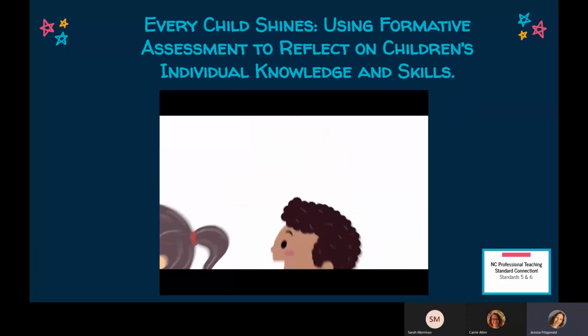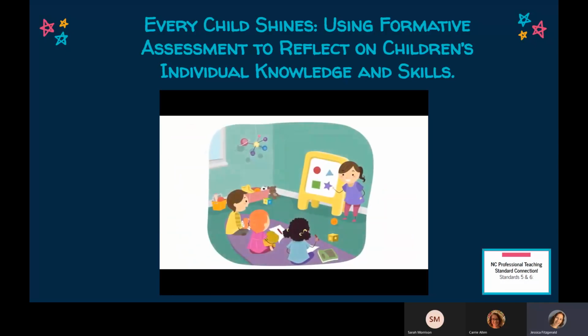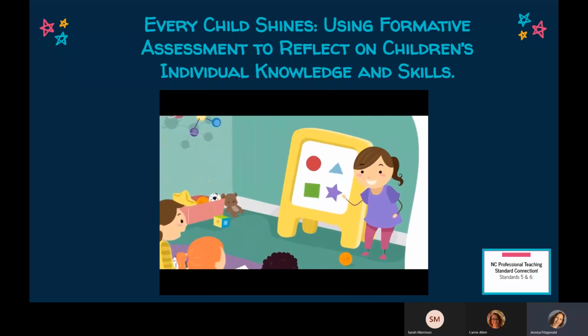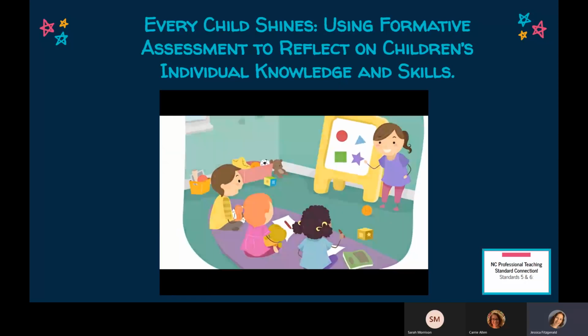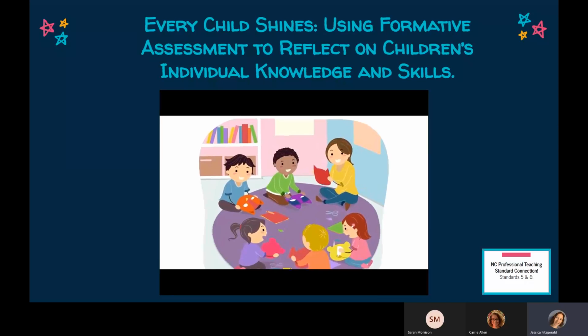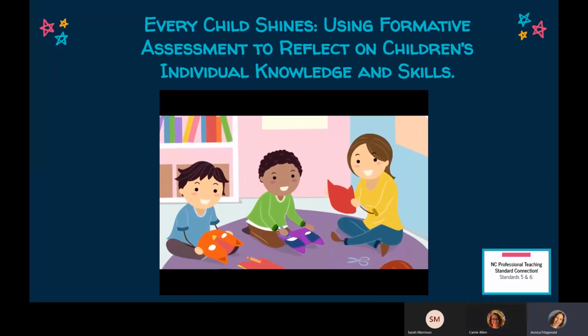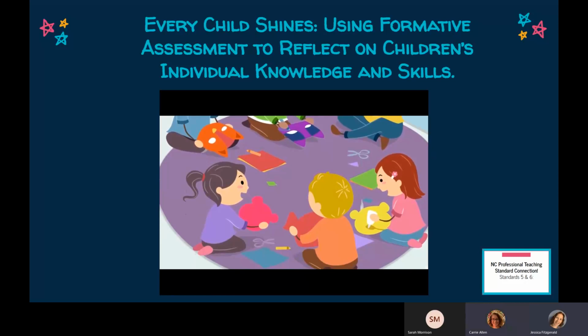Each fall, early childhood teachers welcome a new group of students. Although these children may share many similarities, they are each growing and developing at their own pace. Young children can change and grow rapidly as they take in the world around them. This development is complex and differs by child. Formative assessment is an effective way for teachers to learn about each child's skills and abilities. The results can help teachers plan and individualize instruction to support the growth and development of every child.